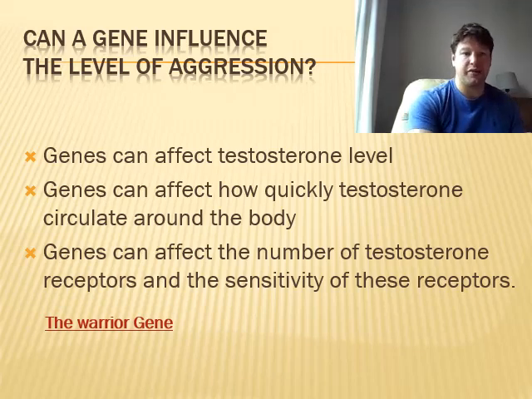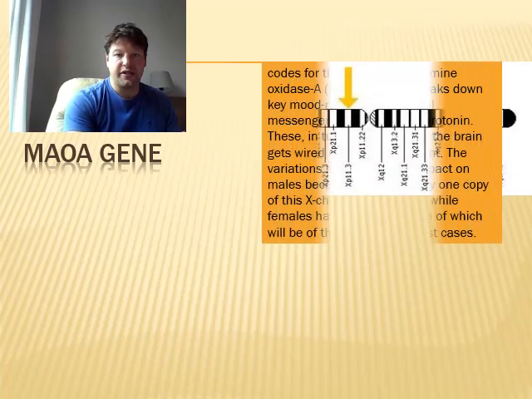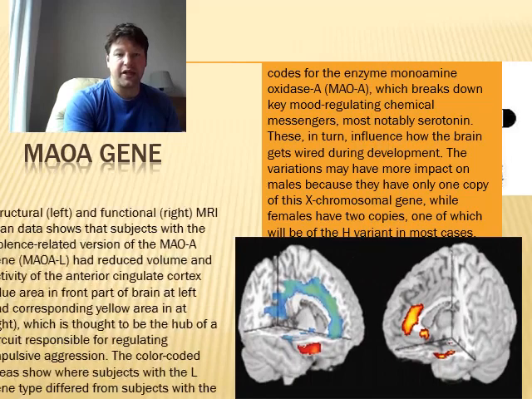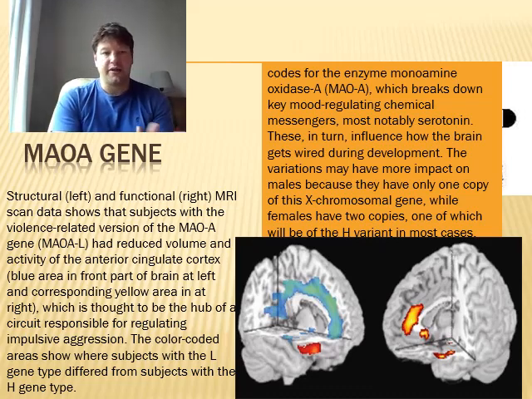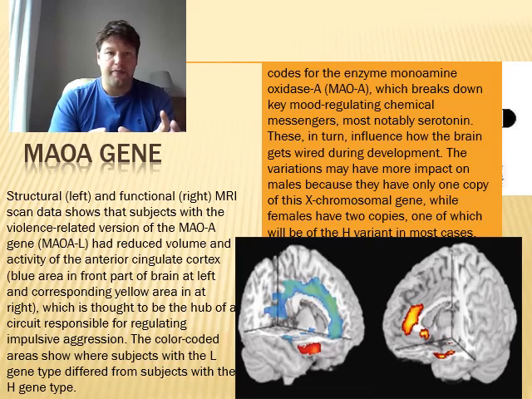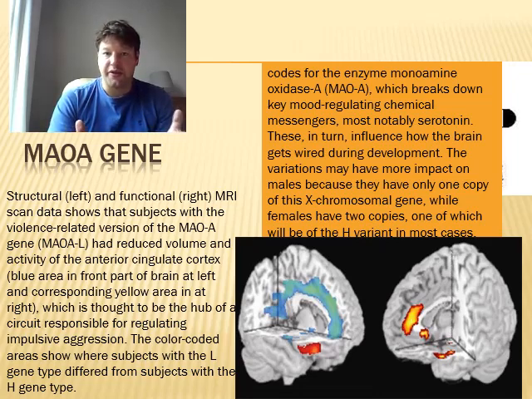Right, so we're going to look at this warrior gene now. MAOA. So this is the start of one of the ones you really need to know. Let me just click through these and I'll explain it. A lot of work, a lot of writing here, but I just wanted to show how it's different. So don't write all this down, please. Just take enough to be able to write one paragraph about what it is. So maybe 10 words from this, nothing too massive. Things that you need to understand.